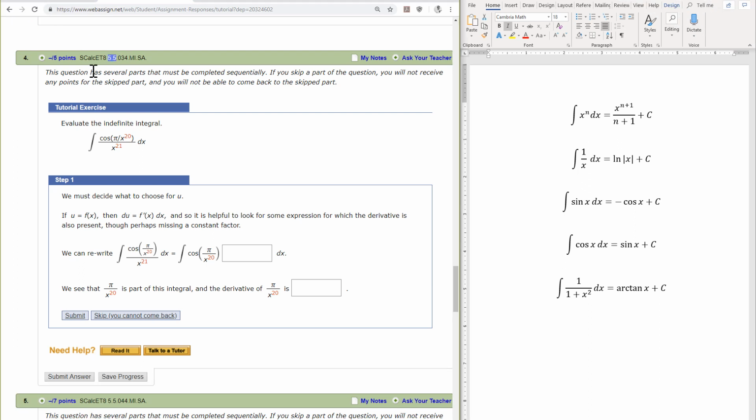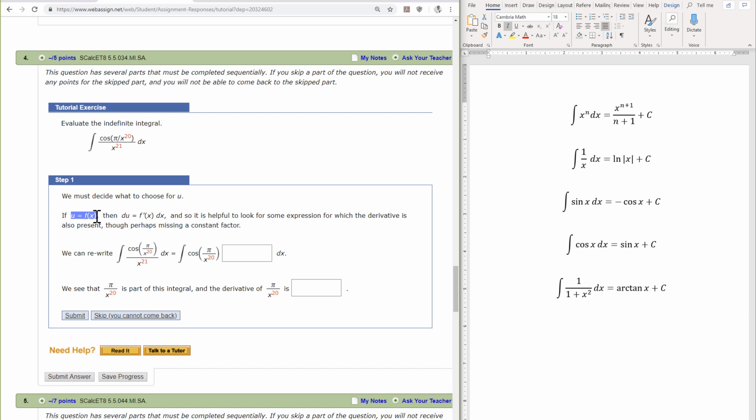Let's do a problem from your lab assignment, section 5.5. They want us to evaluate the indefinite integral. Here we have the integral of cosine of pi divided by x to the 20th, and that whole thing is divided by x to the 21st. So we want to decide what to choose for u,